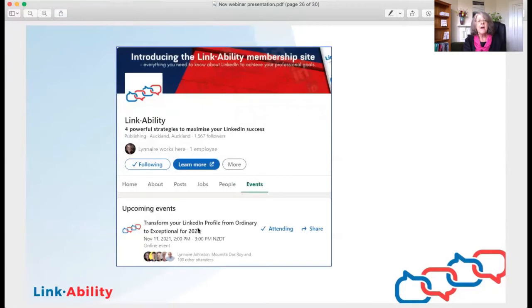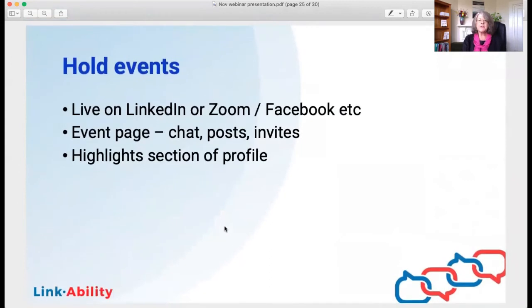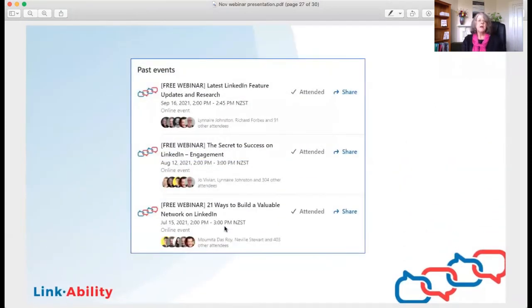And you can see it's listed here on the page, on the home page, under events, on the company page, under the events as an upcoming event. And so that gives you a really good ability to promote it. Now, it also has a news feed on there, and you can put up posts on the actual event page. Let me show you that. No, that's not the event page. This shows you what happens on your company page, though, is that when you look at the events section, you can see the past events there. They stay there on your company page, presumably in perpetuity. So what that does is it shows that you have a good record of